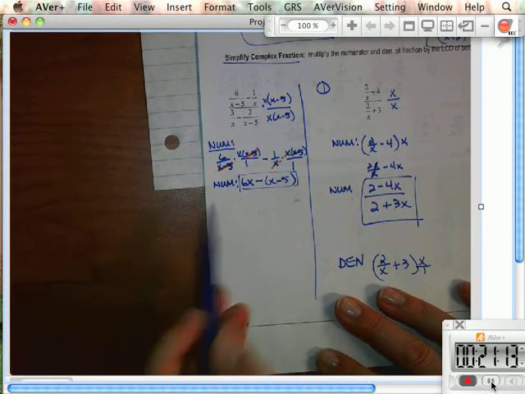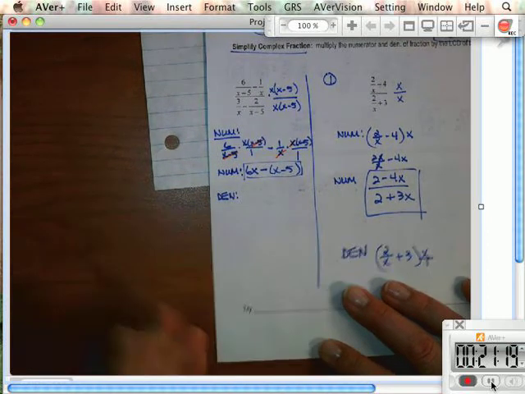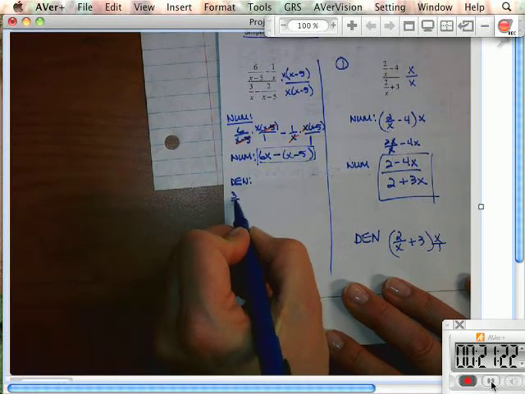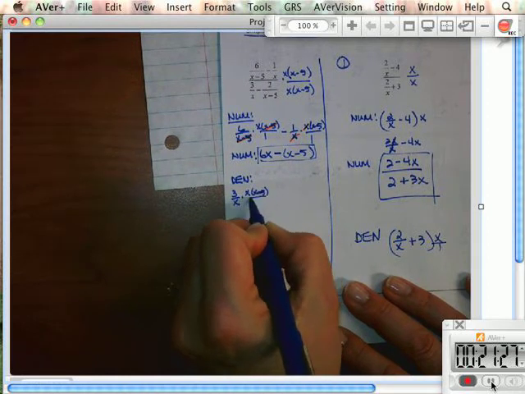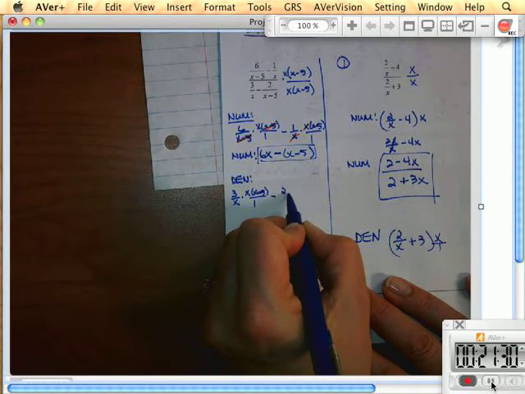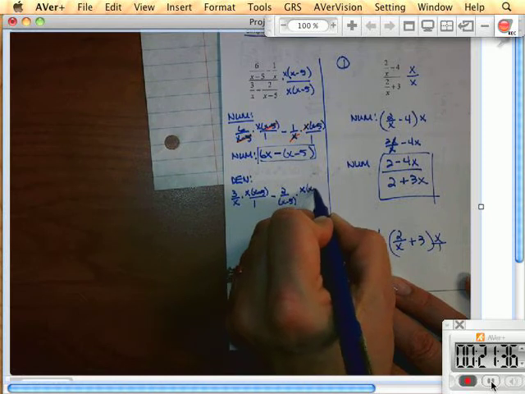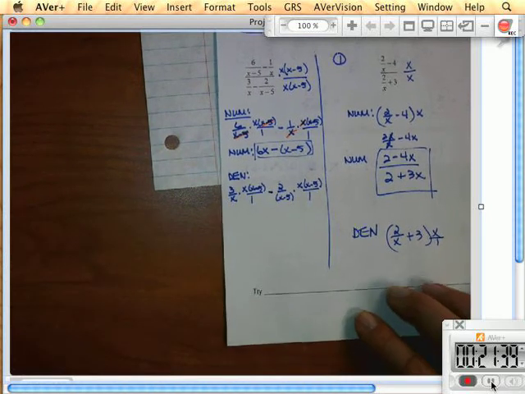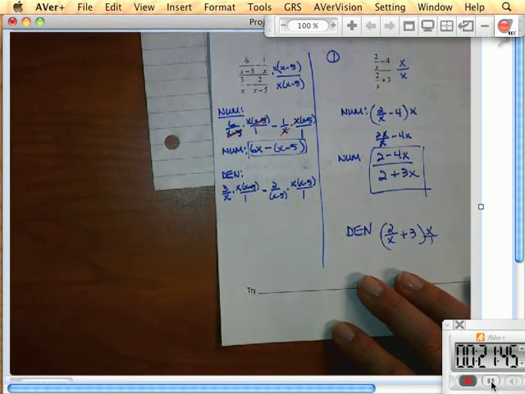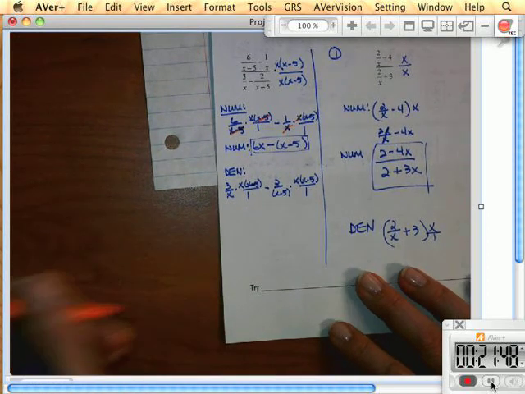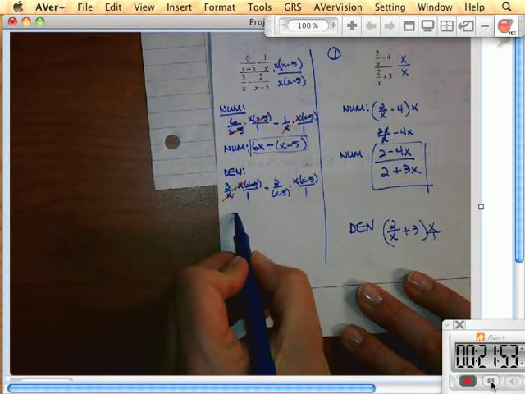And then let's do the denominator. It's going to be 3 over x times x minus 5 over 1, minus 2 over x minus 5, times, I'm doing the denominator now. I'm doing this thing times that thing. This is an x minus 5. Now let's see what we can cancel. We can cancel the x's here. And we have in the denominator 3 times x minus 5